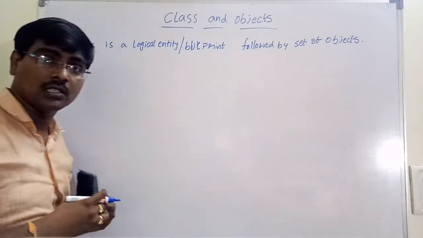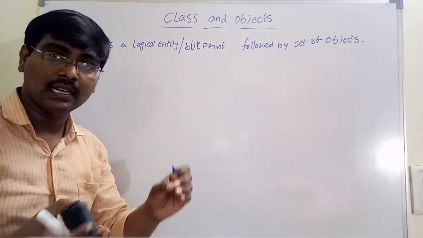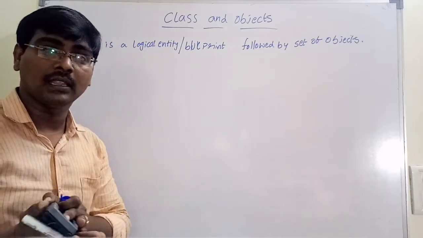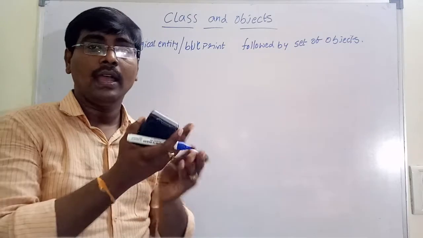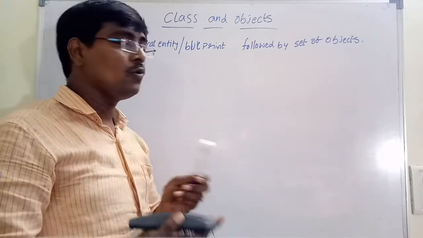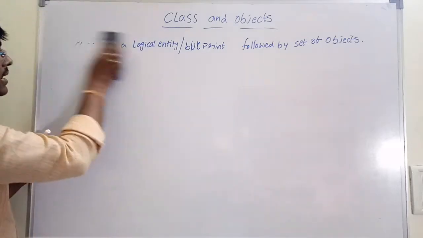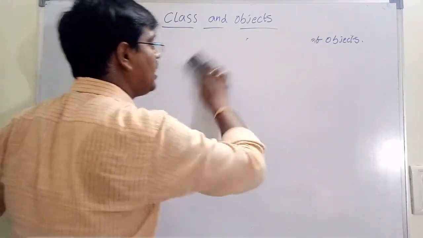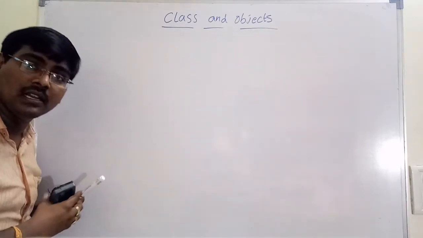We already discussed this. Now, to access the members of a class, a class simply contains attributes and methods. To access the members of a class, we create an object. First we will create a class and then create an object, and then I will show you how to access the members present in a class.